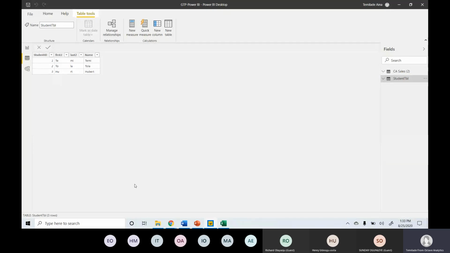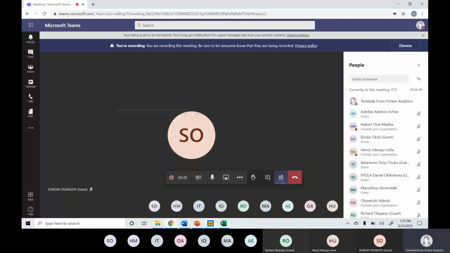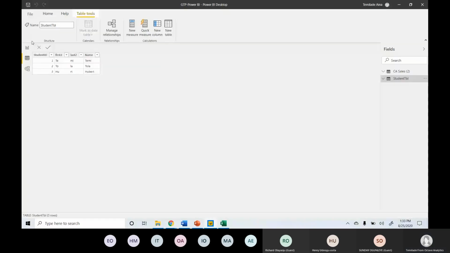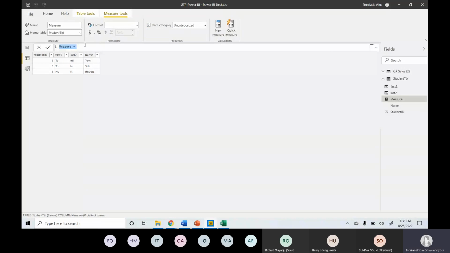Of course, I can use a calculated column for that, but just for the sake of demonstrating, I want to use a measure. Let me see how it will work. What's the new measure? Cost to student ID is